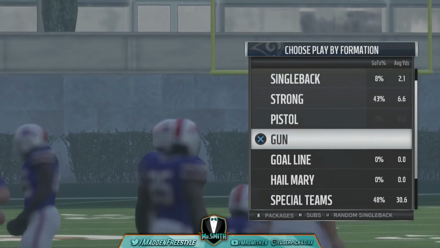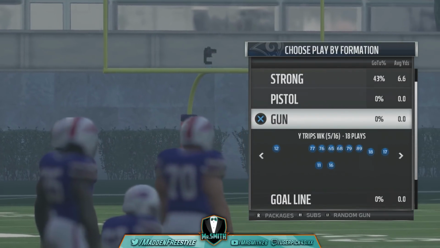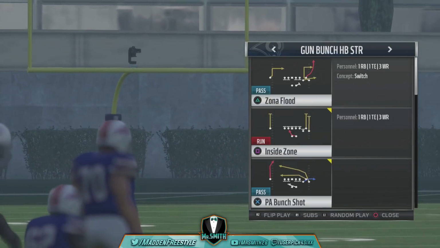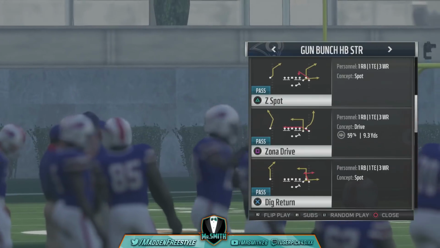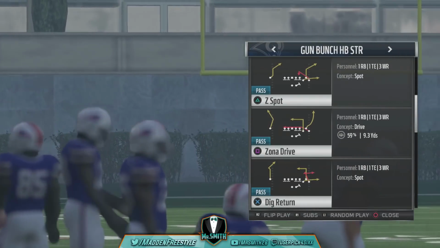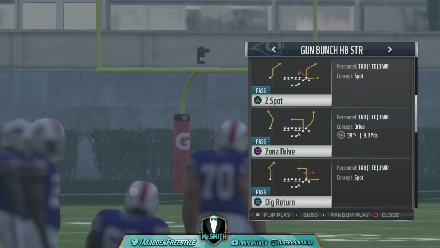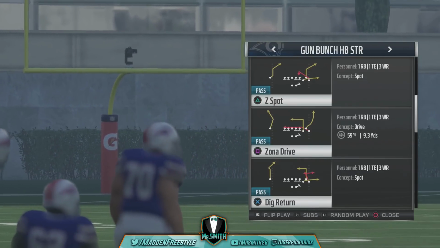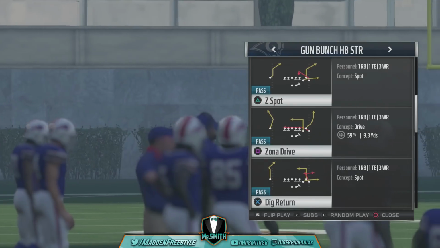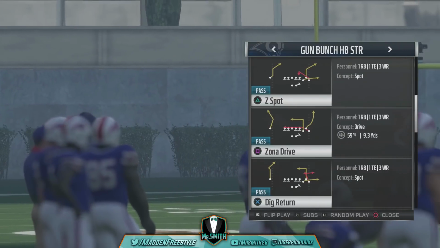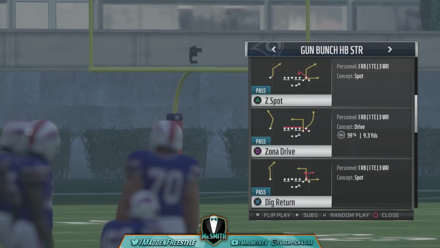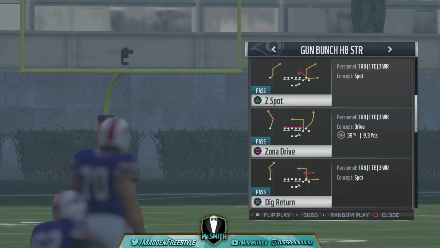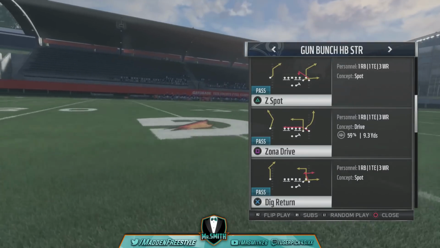But as you saw earlier in the year, I posted me doing this out of the gun bunch halfback strong. As I mentioned, I've done this for years. Out of gun wide trips, the play PA wide receiver in was one of my favorite plays to do it with. 5 wide receiver, I mean, it was just absolute dynamite. I used to do it out of gun bunch. Basically, I would make a gun bunch empty. And here, this year,